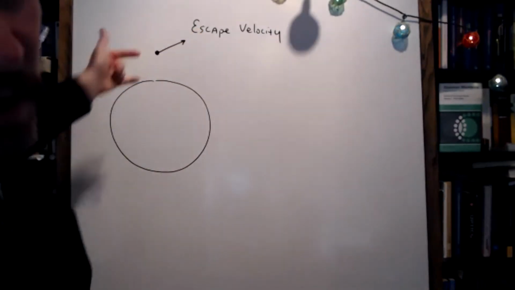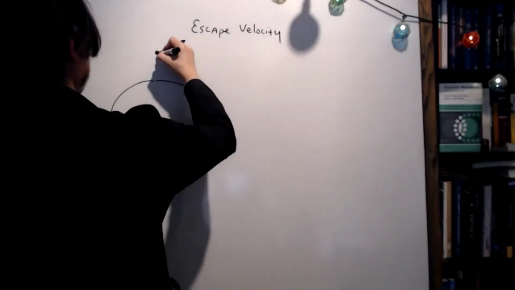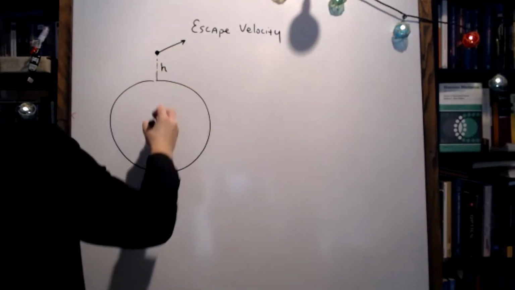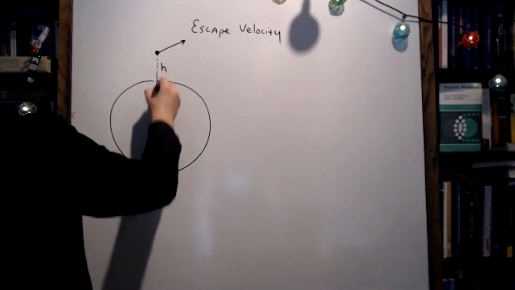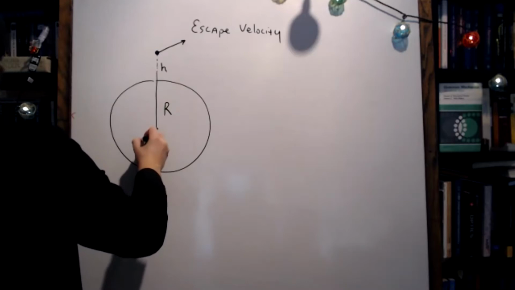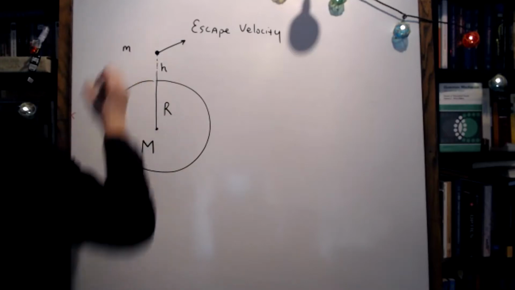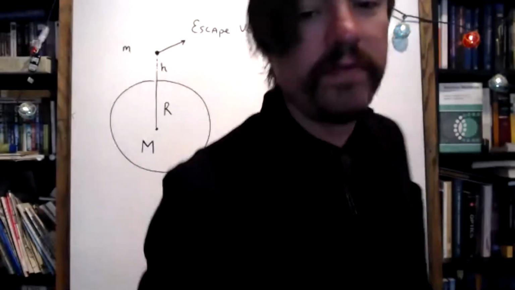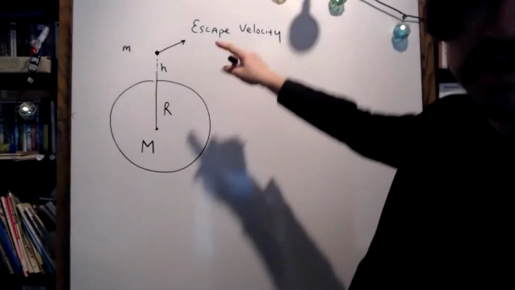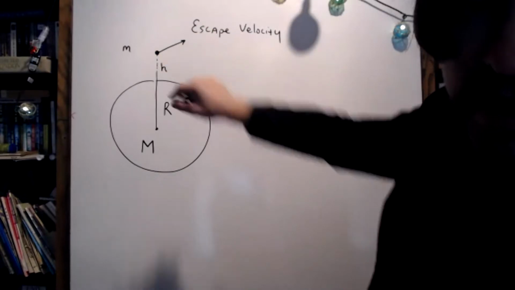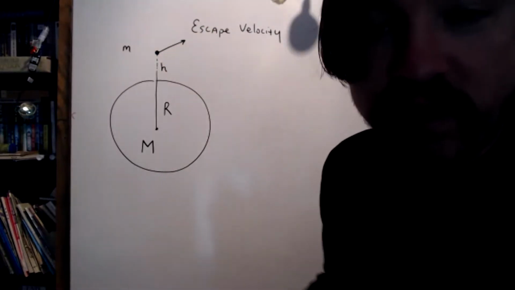Here's a gas particle. It's located some height in the atmosphere, which we'll call h. And the radius of the planet is usually r. The mass of the planet is M. And because later on we're going to need to consider the mass of the gas particle, we'll use little m for the gas particle. So this could be a hydrogen atom, it could be a helium atom, it could be an oxygen atom, whatever you like. It could even be a molecule, okay?